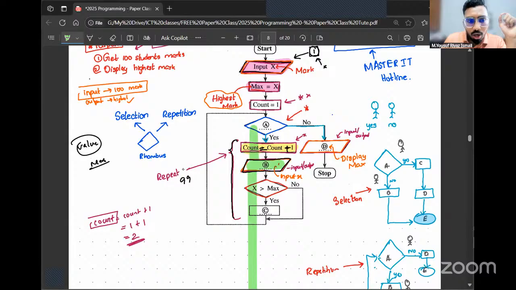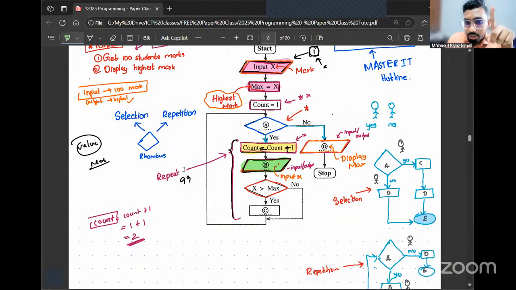Right. Now, I want this instruction to repeat how many times? This green color highlighted instruction. This should repeat how many times? The getting marks. Is it 99 or is it 100? Again, ask yourself, how many times should I repeat the green color? My question is not how many times we are to get the marks from the user. What I'm asking is this green color instruction, the getting the marks. From that, how many times do I have to get? Exactly. I have to get from there 99 times.